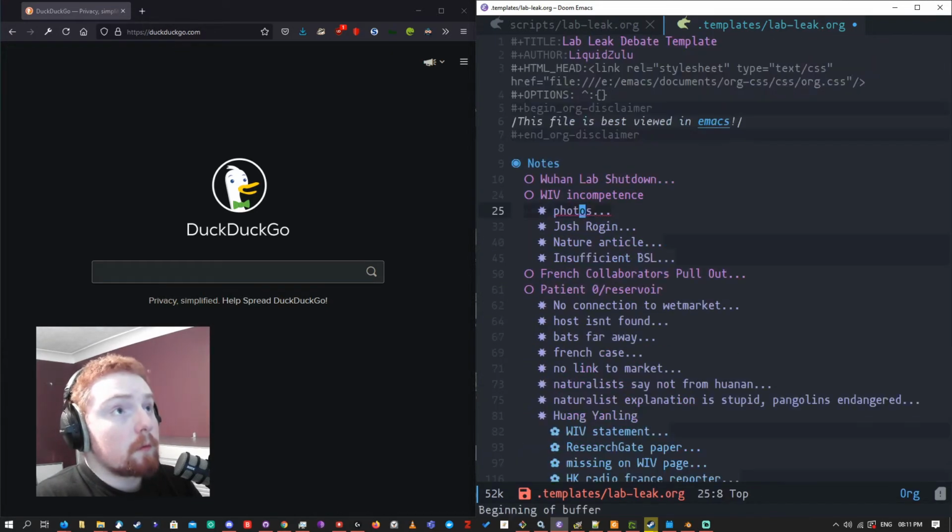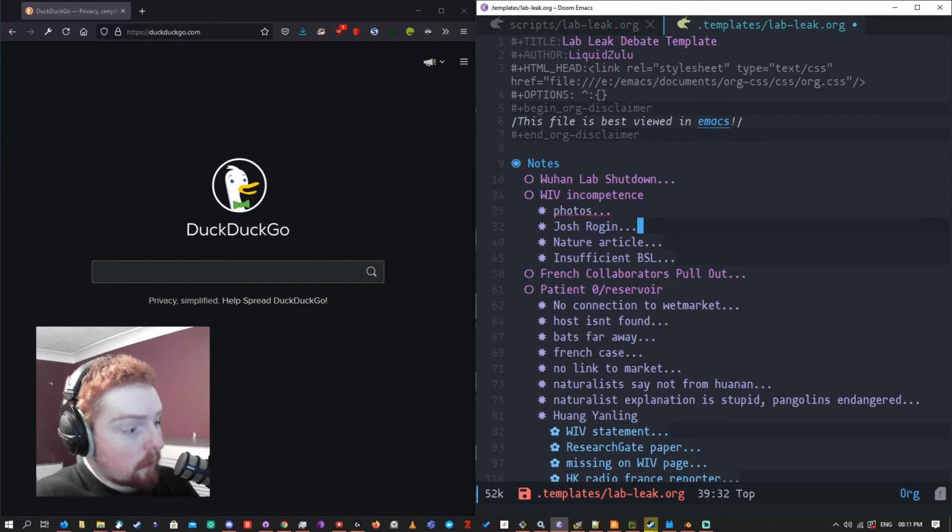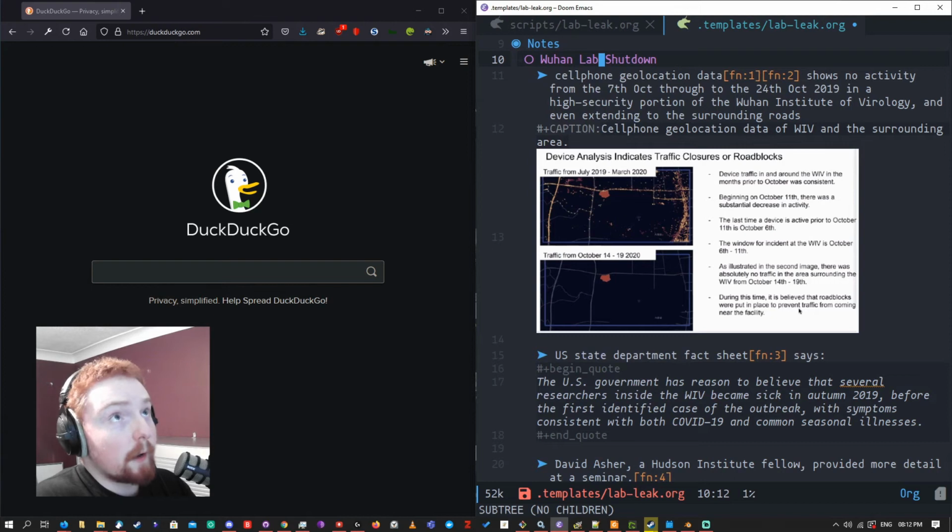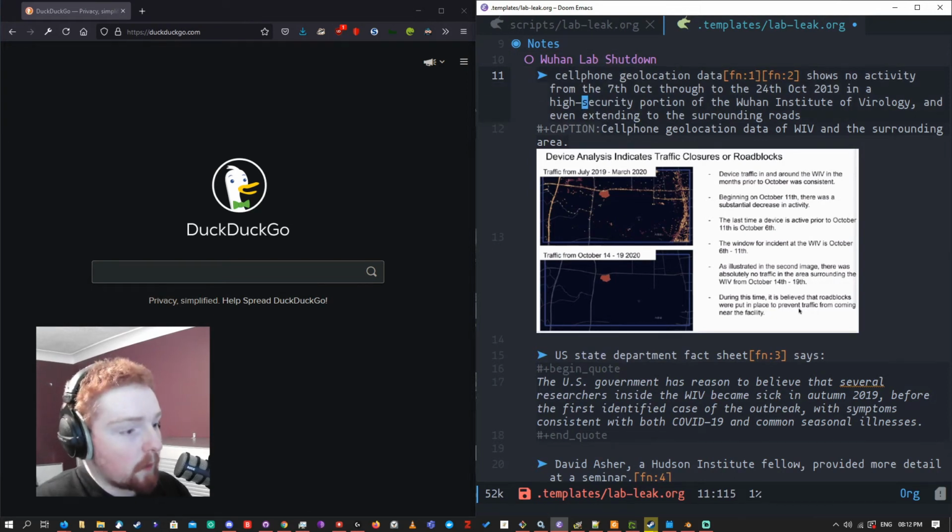Well, Shi Zheng-li herself, she's the head of coronavirus research there. She says they conduct their coronavirus research at BSL-2 or BSL-3, not BSL-4. And there was a shutdown of the Wuhan lab, which we can tell from cell phone geolocation data acquired by NBC. Basically, a section of the lab and all the surrounding roads had just zero data, just zero cell phones in that area